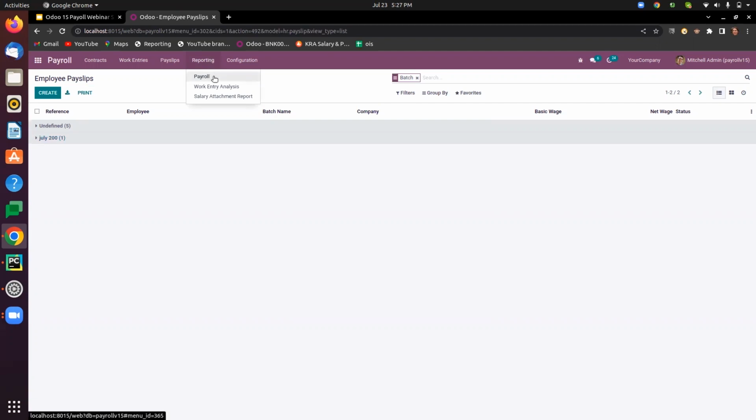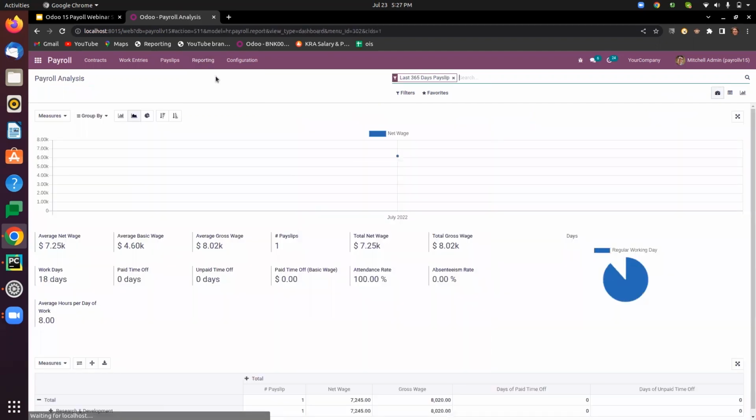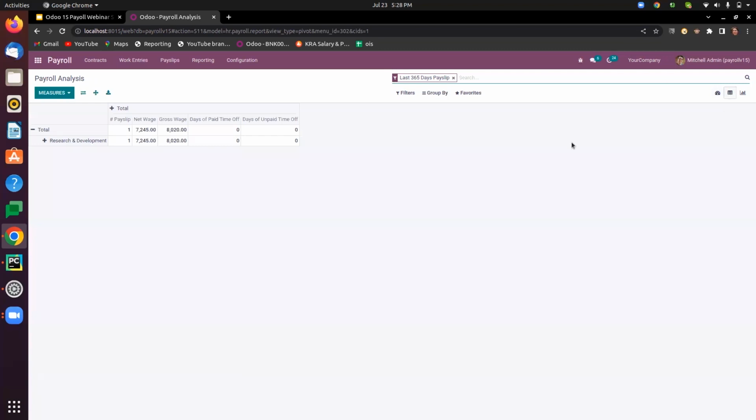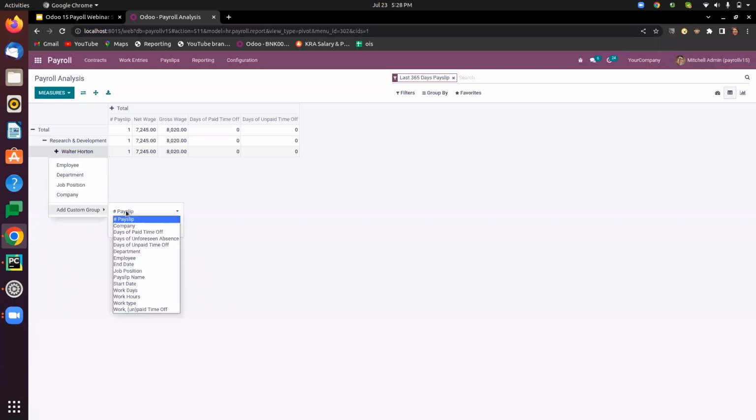Okay, next comes the payroll analysis, which is the dashboard having the graphical view, where you can find the net average and the basic wage, gross wage, number of payslips calculated, all these things. And also you'll be able to see the pivot table over here. You can also take the pivot table from this view, and you can filter it by employee, then comes the payslip